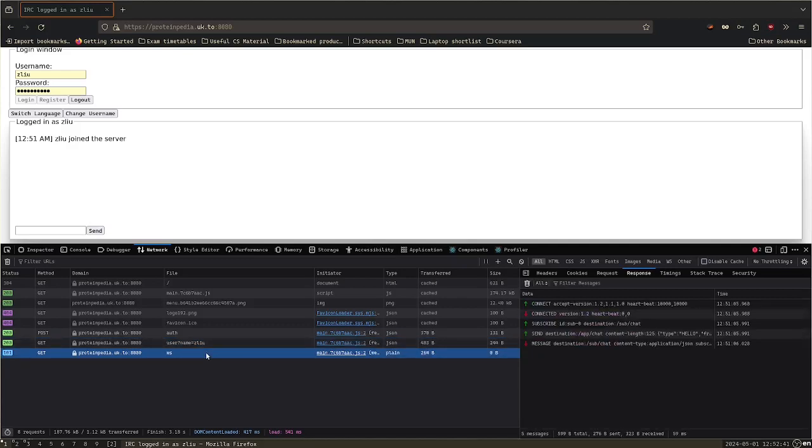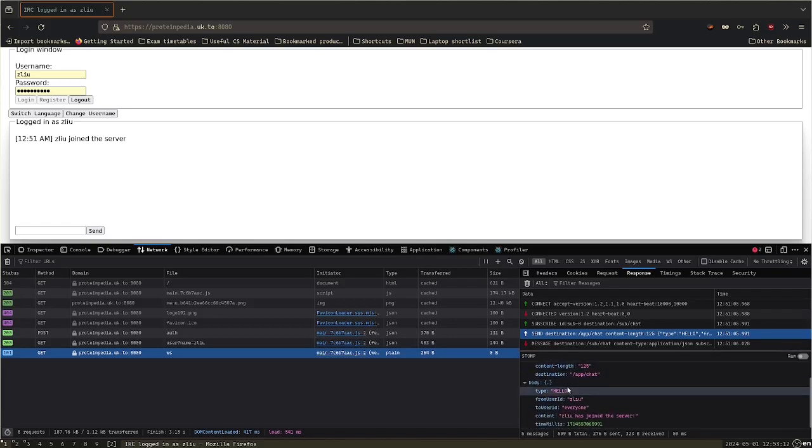But then we perform another connection to the WebSockets interface. The WebSockets client connects to this address, which is a WS endpoint. First of all, we connect, and the server acknowledges that we connected. Then we subscribe to an endpoint on a destination on the server. Then this is client-side logic. We send